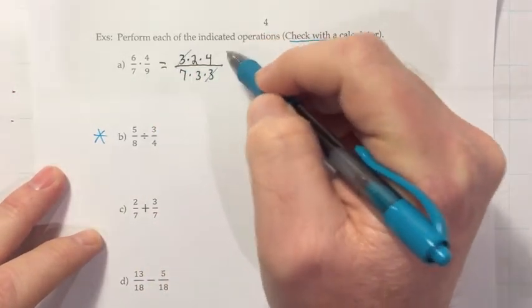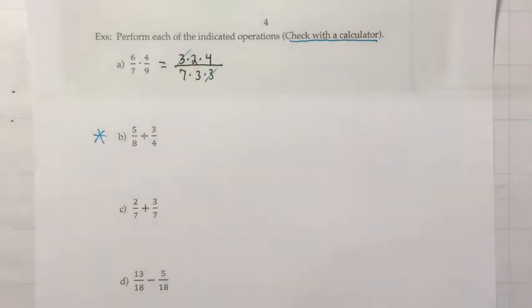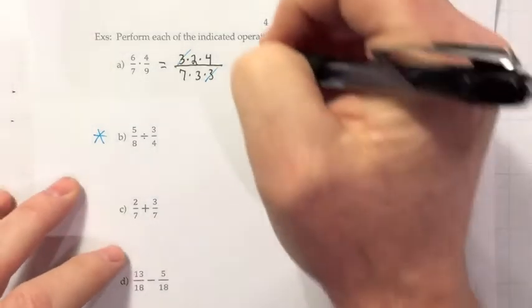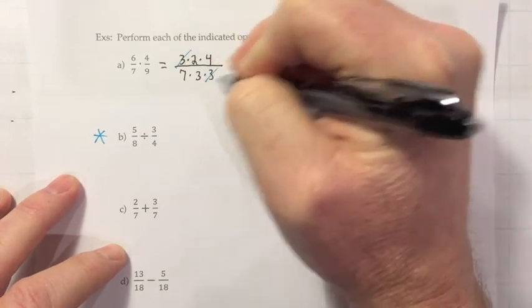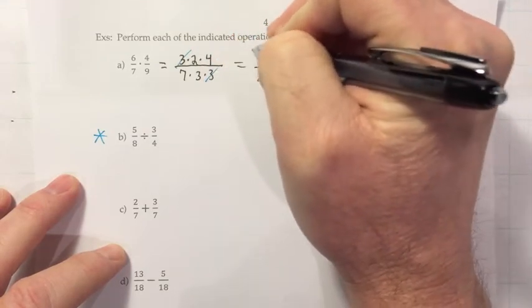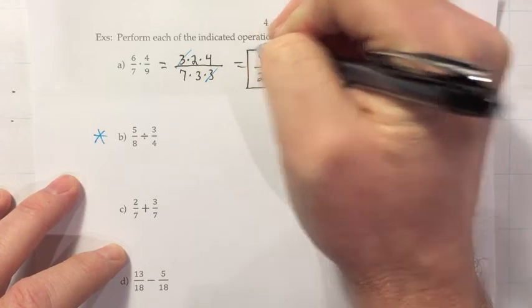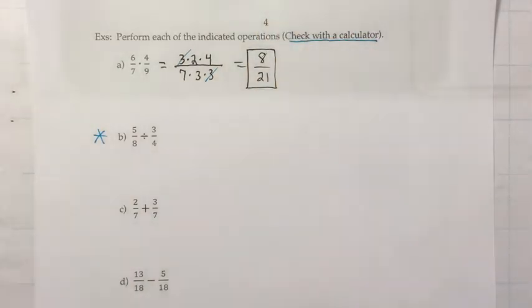So I can cancel these 3's. 3 over 3 is just 1, so I can get rid of that. And then multiply what's left over. So 2 times 4 is 8, and 3 times 7 is 21. And we've multiplied fractions. And only one example there, but we'll get another look at that when we do the